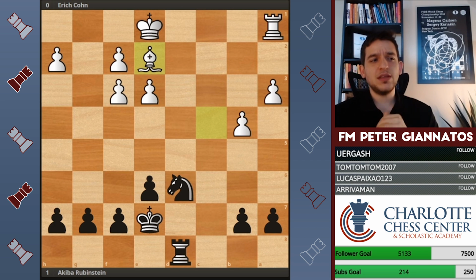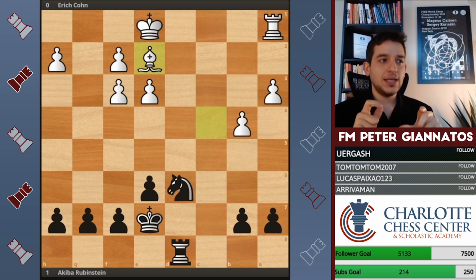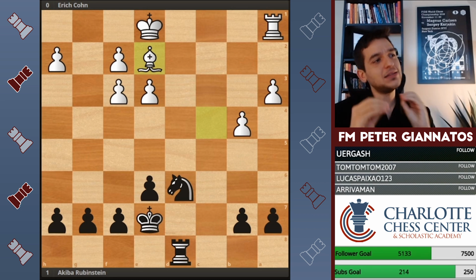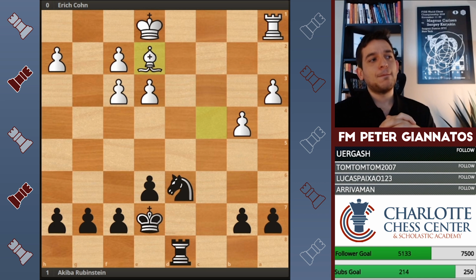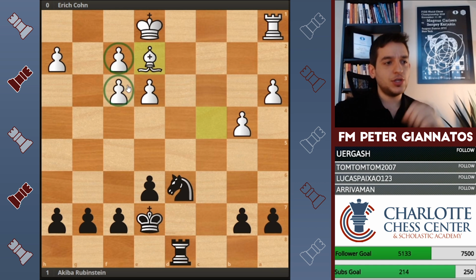So yeah, I would say that if you had to pick a side here, I think you want black, mainly because of the pawn structure. I don't actually think that the pawn structure is detrimental. It shouldn't actually be the losing position, but I would rather be black here because black has actually no